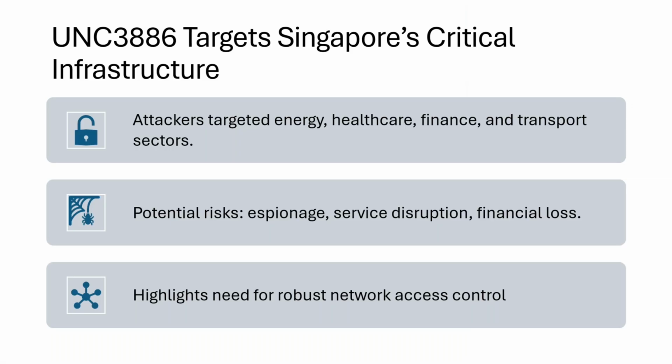So what is UNC 3886? Well, it is a hacker group, which is quite famous, and confirmed to be from China, attacking many different countries worldwide. Recently, it was named by the Singapore government that this hacker group does target Singapore's critical infrastructure, including energy, healthcare, finance, and transport sectors. That can be a nightmare if they succeed in a broad way. Luckily, so far there has not been